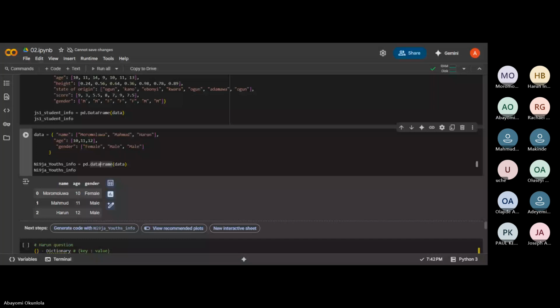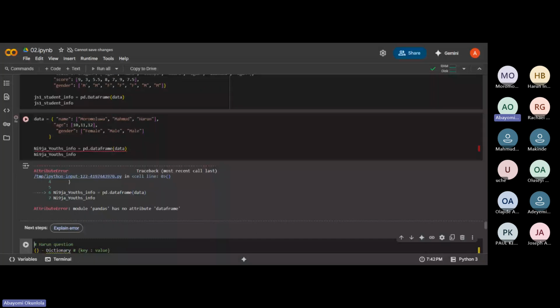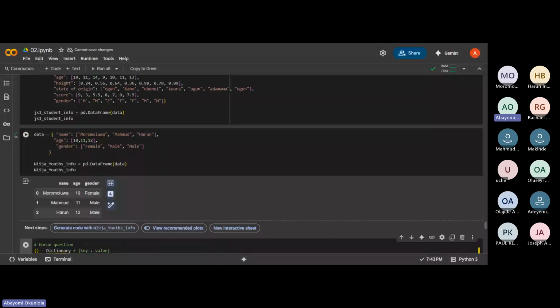Is it gonna run? It says module pandas has no attribute data frame. If I say capital D, it's still not gonna go through. So let's understand the case sensitivity nature of these modules.